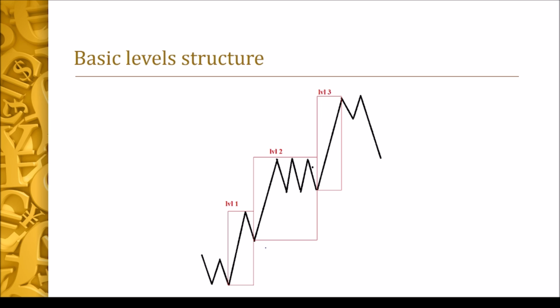So here's just a basic structure of how levels interlink with each other. Whenever we see an impulsive rise, we'll call that making a level 1, and that level 1 can be terminated by a pullback. Then after that pullback, market makers will get involved again to issue another impulsive rise. Then this will be terminated by a consolidation. So it doesn't necessarily mean that consolidation will come in level 2. It may come at this point, and then after 3 levels we reach the ultimate reversal point, which is basically the level 3 peak.